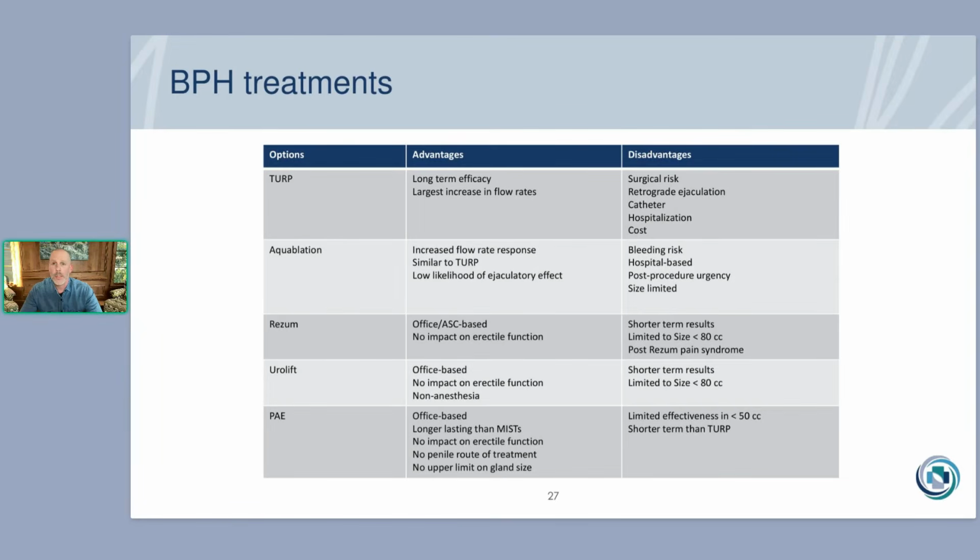The larger the prostate, the more volume reduction you are going to see. The smaller the prostate, obviously, the less volume reduction you're going to see. So that can somewhat limit the effectiveness in smaller prostates. Now, there are patients that have small prostates that I've done this treatment on as well, and have had very good results. As long as everybody understands that